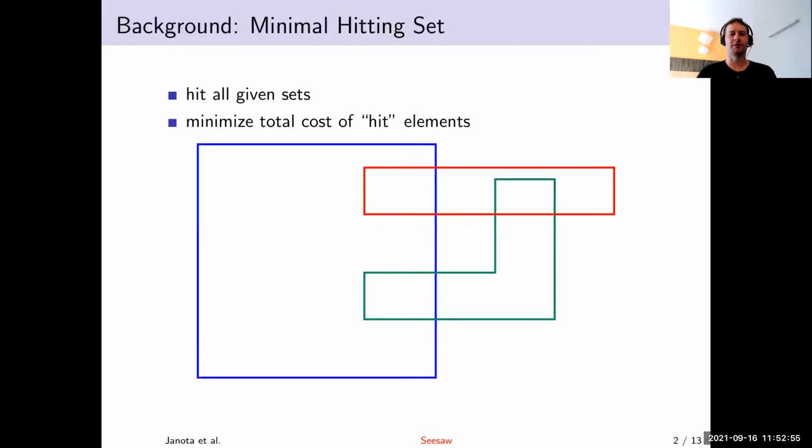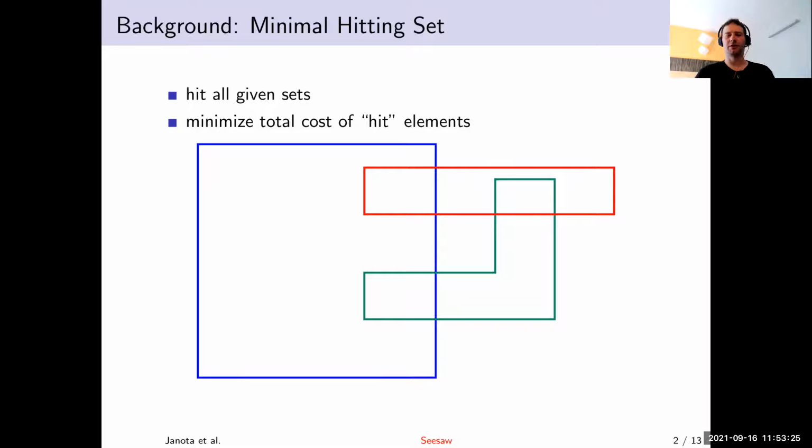So first of all, to give a little bit of background, let us look at the well-known minimal hitting set problem, wherein we are given a set of sets, and we're supposed to select elements in order to hit all of them, and the cost of this hit should be minimal. So we should select the minimal number of these elements, or we can also consider minimizing some weighted sum of